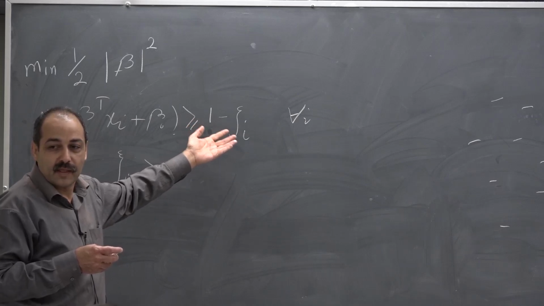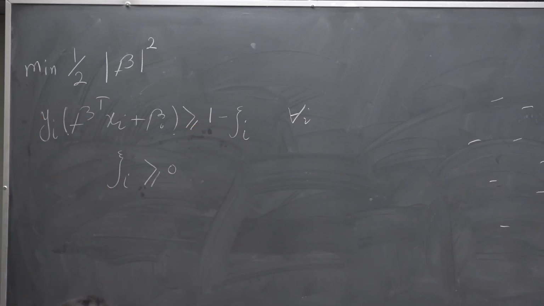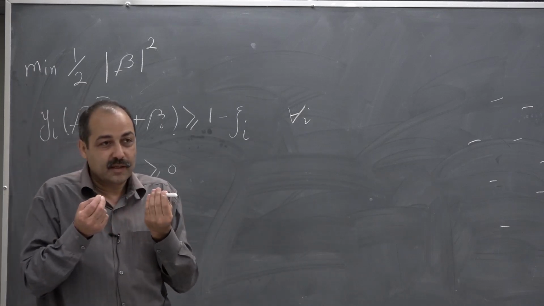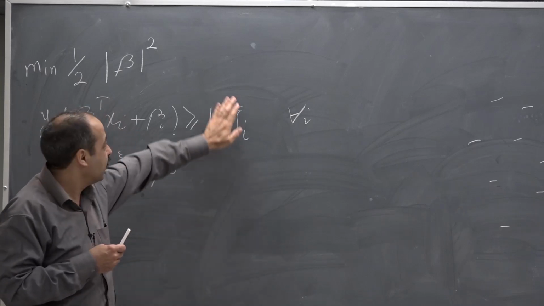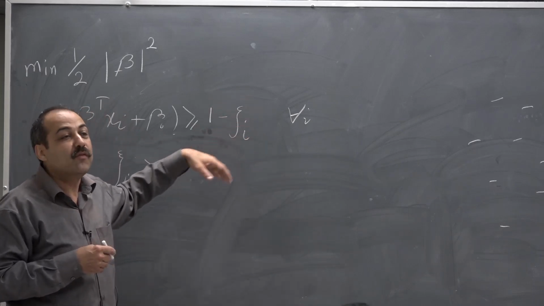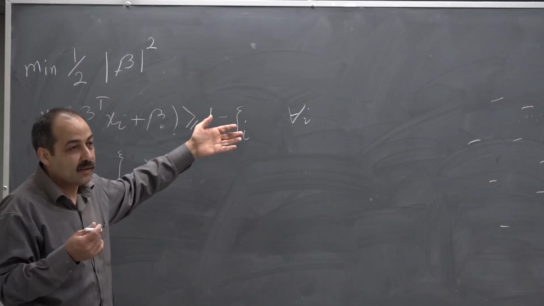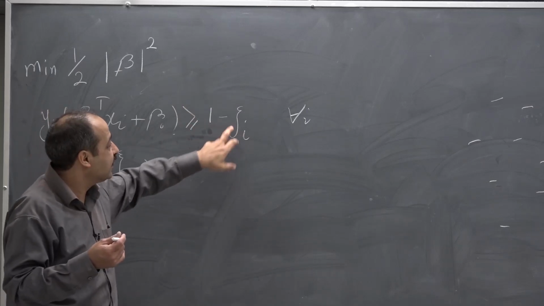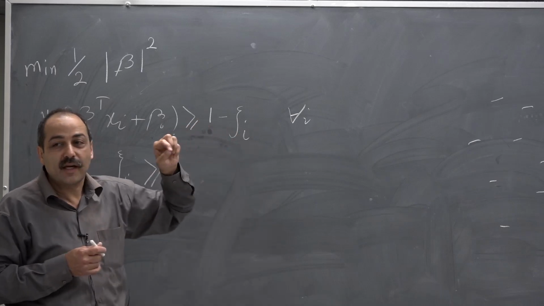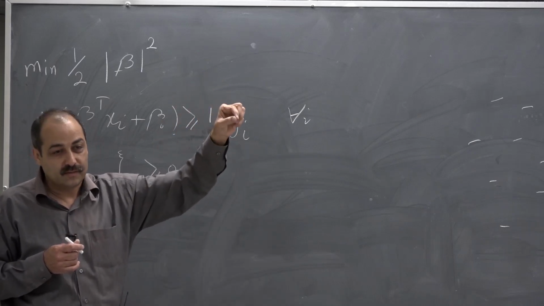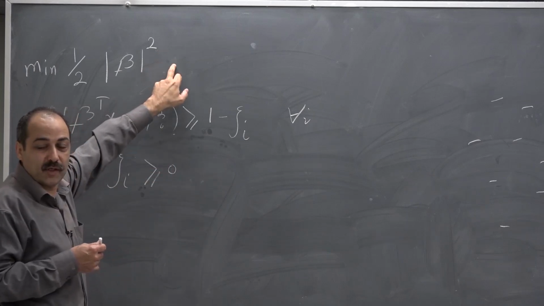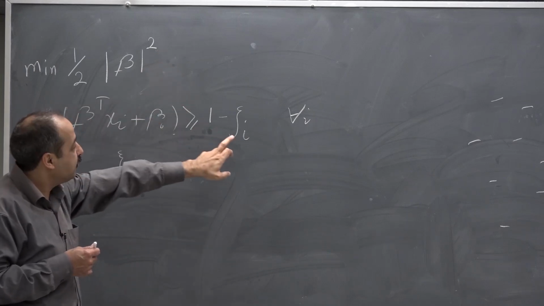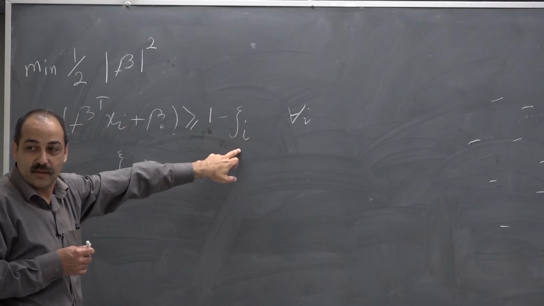Somehow I have to make a mechanism such that most of the points satisfy my original constraint and only a few points violate. Only a few points need this zeta to be greater than 0. Okay? So I can add a factor here to my objective function and basically penalize those points that are